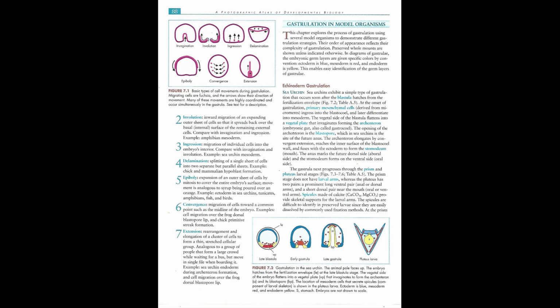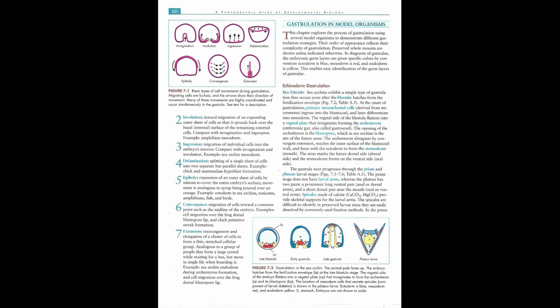Echinoderm gastrulation. Sea urchins exhibit a simple type of gastrulation that occurs soon after the blastula hatches from the fertilization envelope, Fig. 7.2, Table A.5. At the onset of gastrulation, primary mesenchyme cells, derived from micromeres, ingress into the blastocoel, and later differentiate into mesoderm. The vegetal side of the blastula flattens into a vegetal plate that invaginates, forming the archenteron, the embryonic gut, also called gastrocoel. The opening of the archenteron is the blastopore, which in sea urchins is the site of the